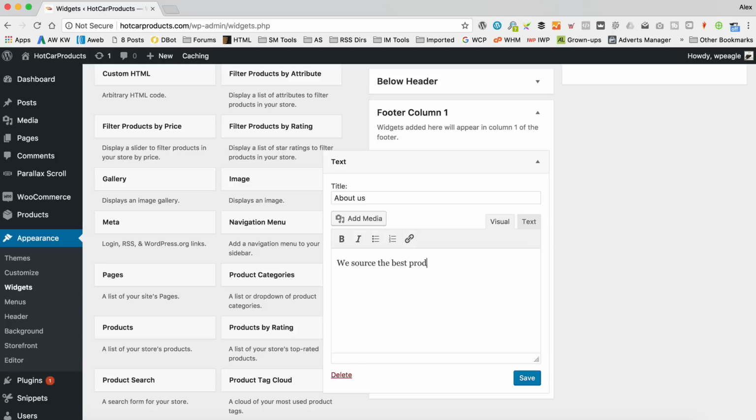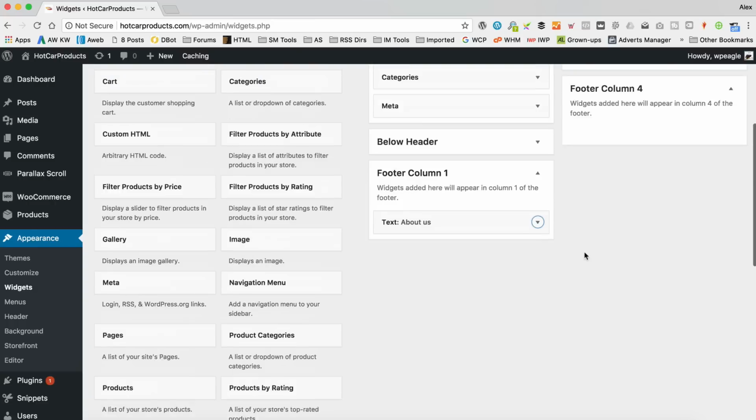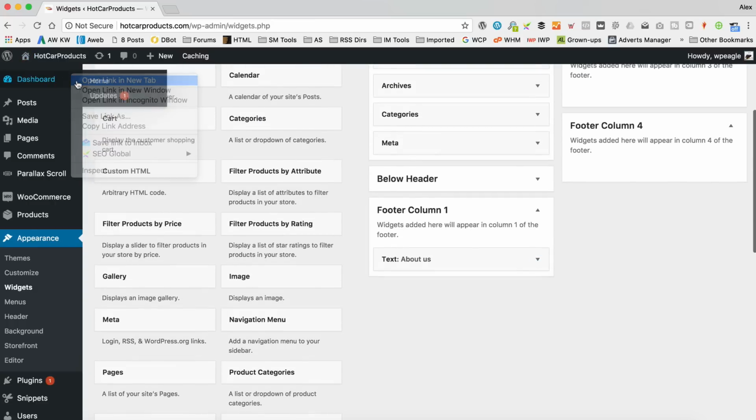We source the best products for cars from around the world. Spell it right. Due to popular demand, please be aware shipping can sometimes take a few weeks. I don't know, something like that. Just a little bit of blurb about what you're up to, that kind of thing. So that's column 1. And if we just have a look at the site now,